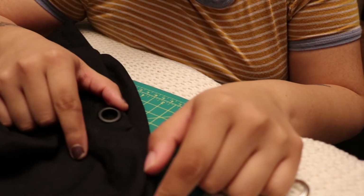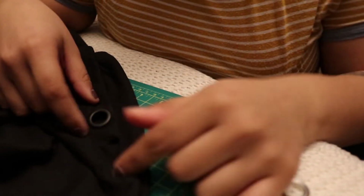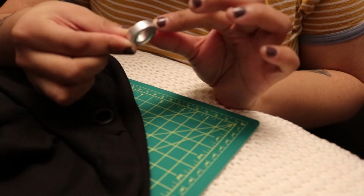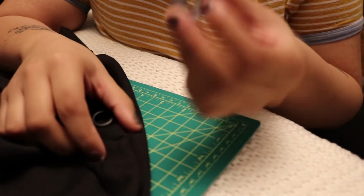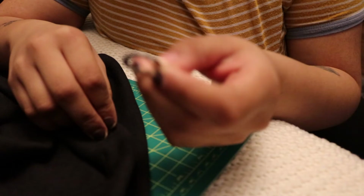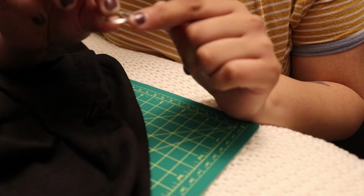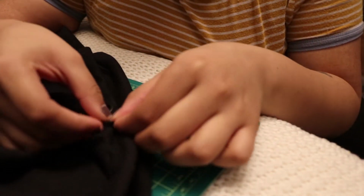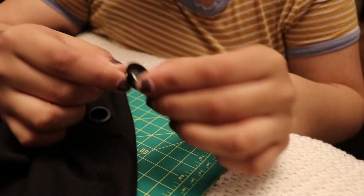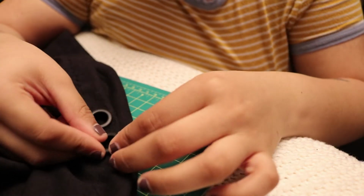So I was seeing a lot of videos on this, and basically, if I had the actual eyelet kit I needed, what I did was I took this metal circle, I don't know what it's called, but it goes under the sweater like this, and then I took this piece. This is a thinner one, so I put it backwards, the backward side. I put it inside. Afterwards, I took this little black circle, and it has this thing sticking out, and then I just inserted it